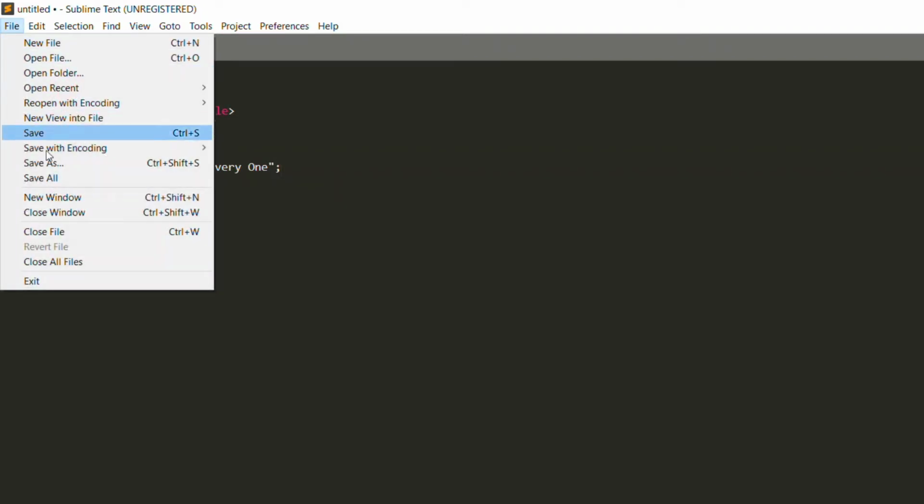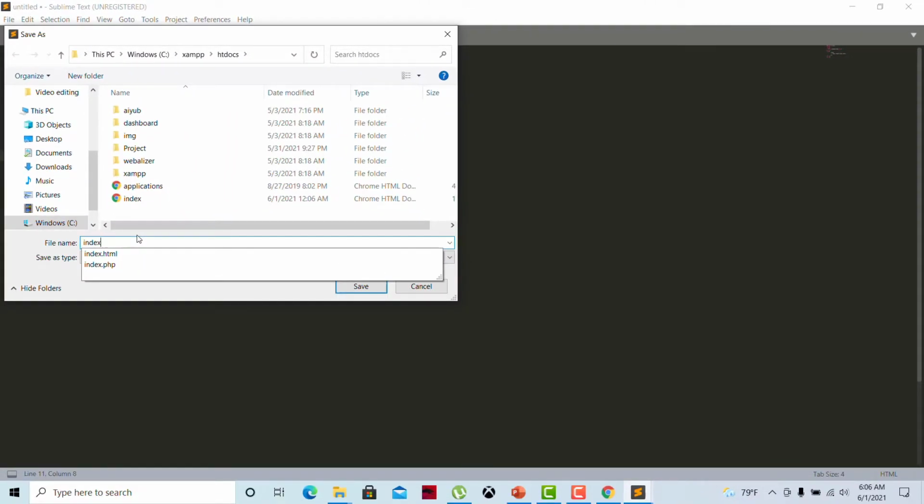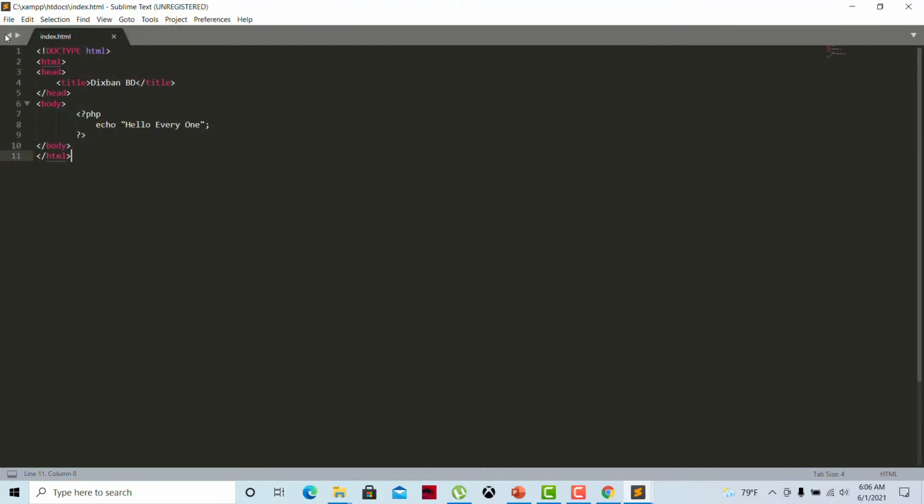So come here, you have to save the file. Save as, just write index.php or HTML. Write in HTML. Now